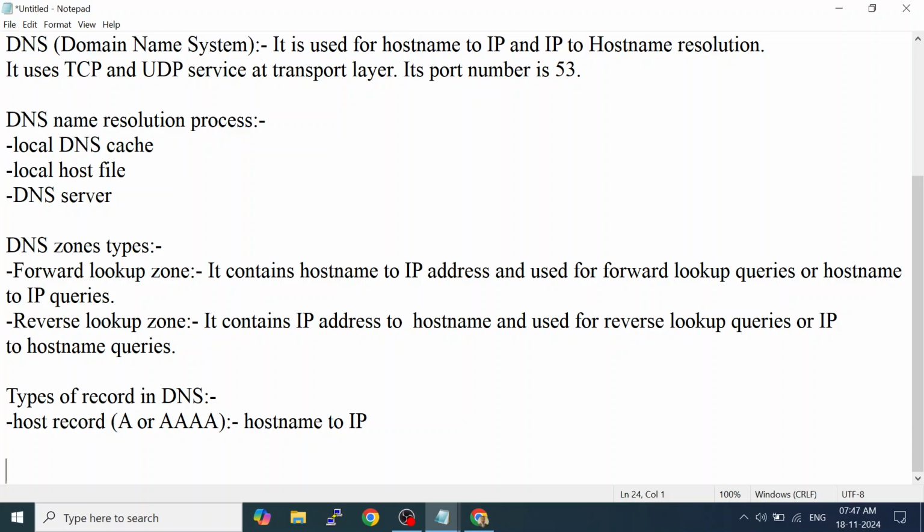So hostname to IP address, when we are going to add, that will be added to the A record.